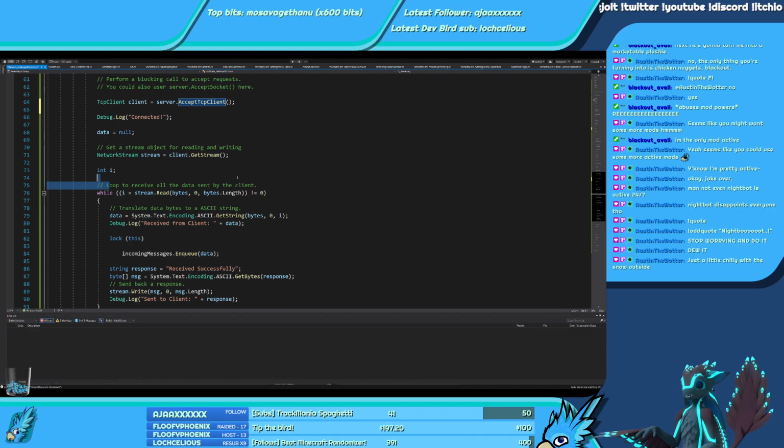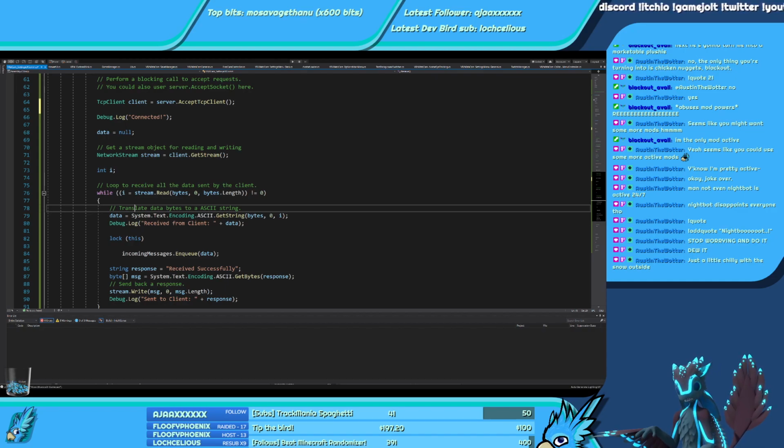So then there's a loop after this to receive those bytes. As you can see here, we set i at the beginning to be whatever that length is. So the buffer is bytes. Offset is 0. I know sometimes you might want an offset, but in this case you don't want offsets because you just want to read the entire thing. And then the size, that's how many bytes there are to read.